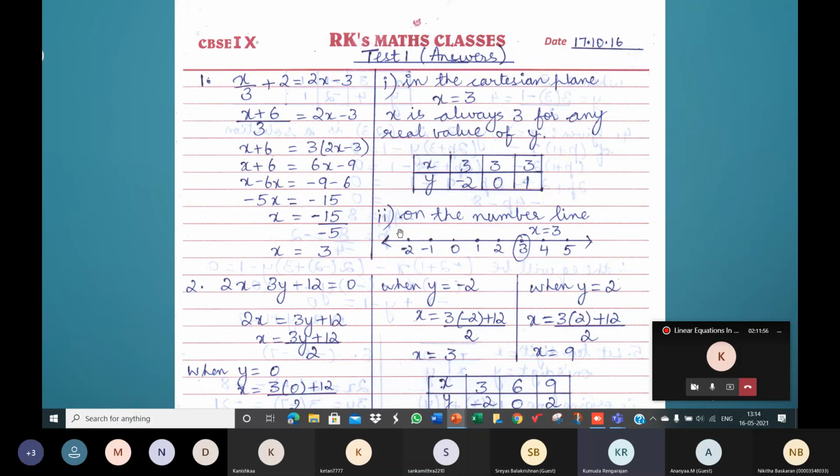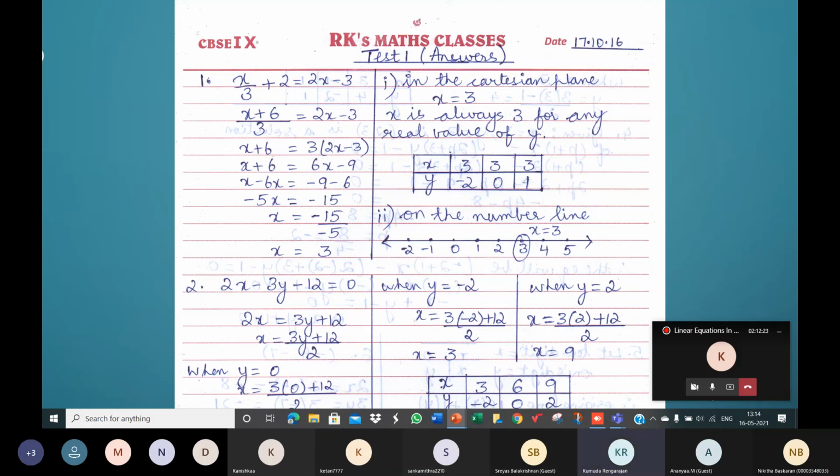Then I'm doing the second one first. How do you represent it on a number line? Number line meaning one variable, x itself. So x is equal to 3 here. This is the representation on the number line. Now Cartesian plane meaning you're treating it as an equation in two variables x and y. You don't have to write all that. X is equal to 3 means, who can tell me? X is equal to 3 means what? How do you show y there?